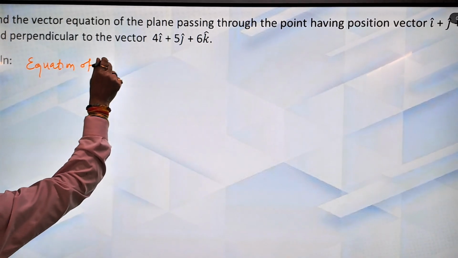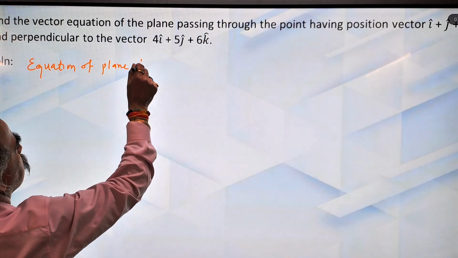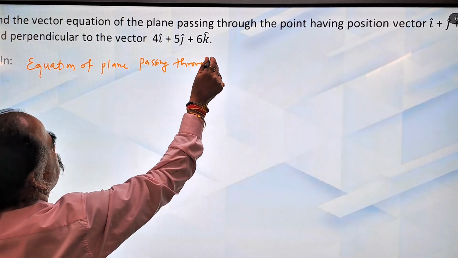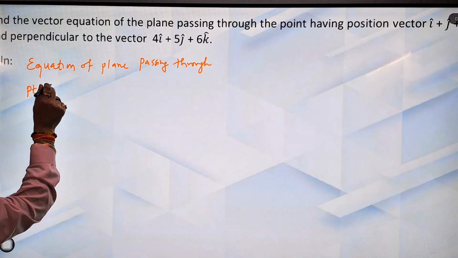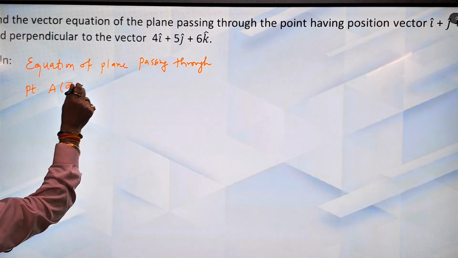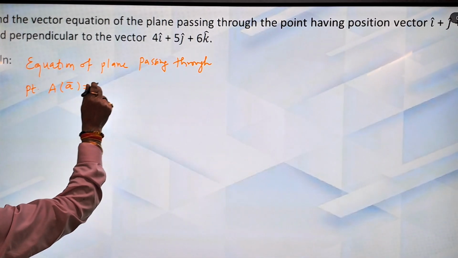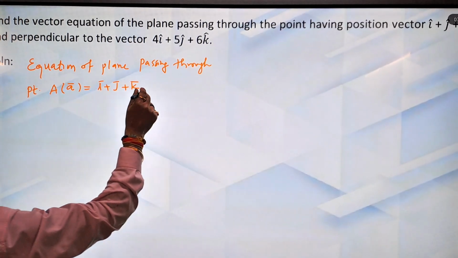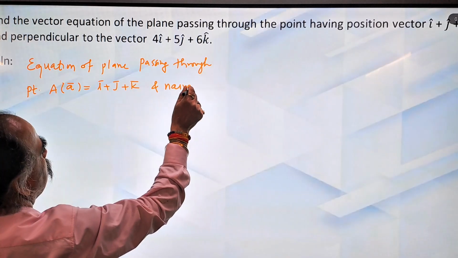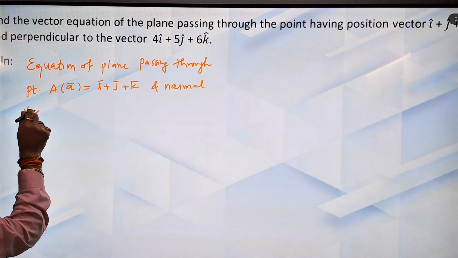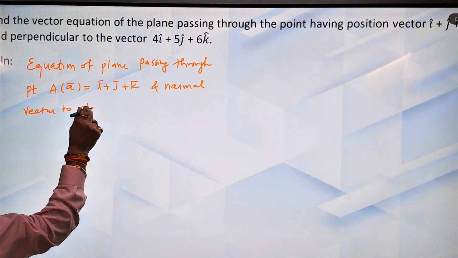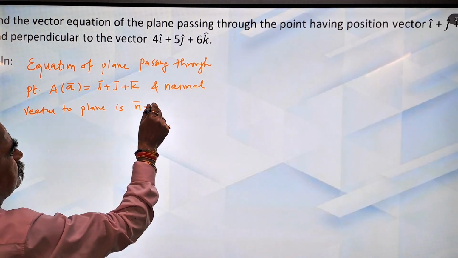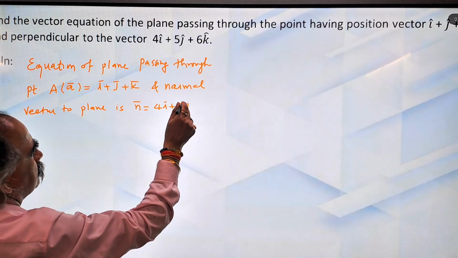Equation of plane passing through point a bar is equal to i plus j plus k and normal vector to plane is n bar is equal to 4i plus 5j plus 6k